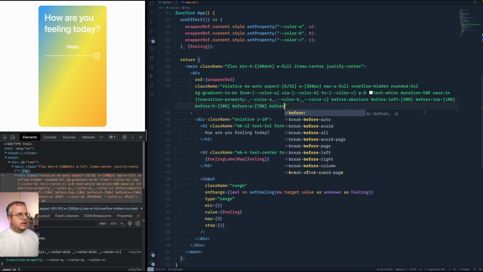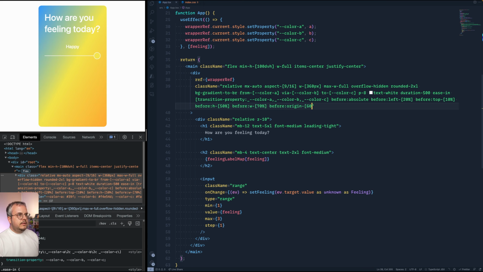And we're also gonna set a transform origin of 60%, and that origin is simply helpful to give a kind of randomness in the animation, because in a minute we're gonna rotate it, and by setting kind of a random origin, the rotation will look a little bit more natural, I think, because it's not always exactly in the center, it's a little bit offset, and that's why I see like more of an oval animation shape.